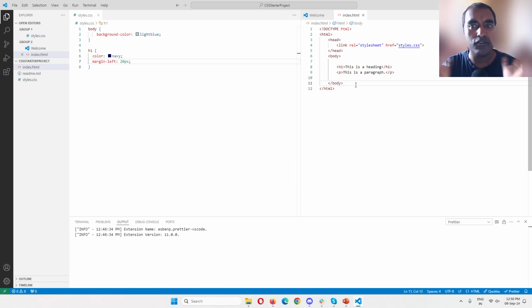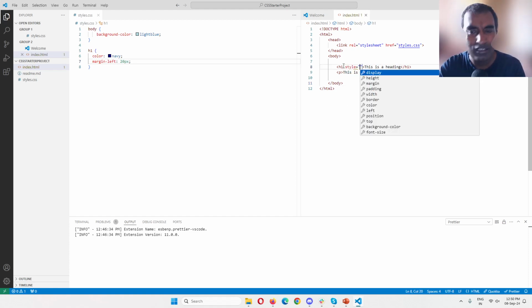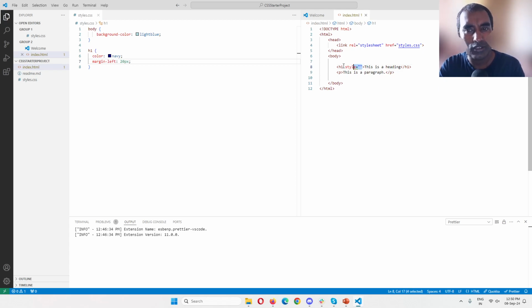Now there are many ways you can do styling, like you can put the style tag directly here like this. But I don't want to do that right now. If you want to, you can do it, but what I normally do is I always go ahead and use